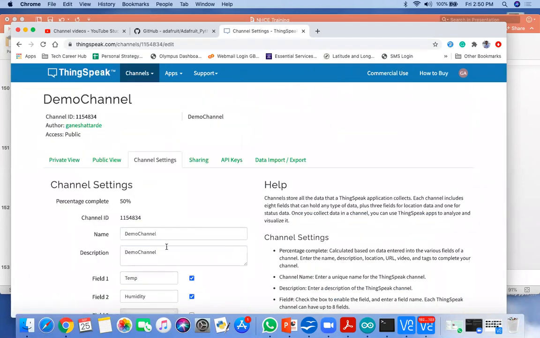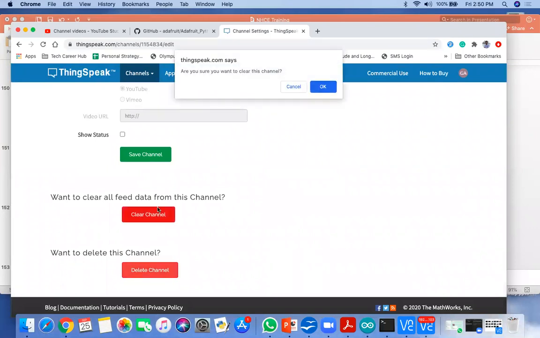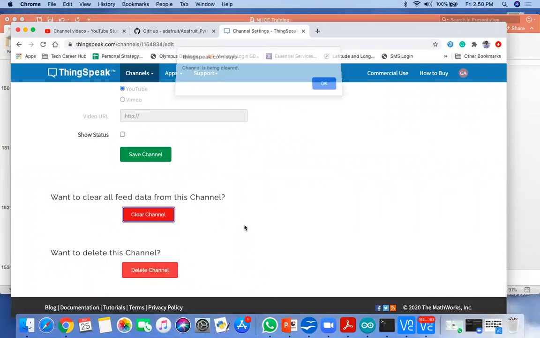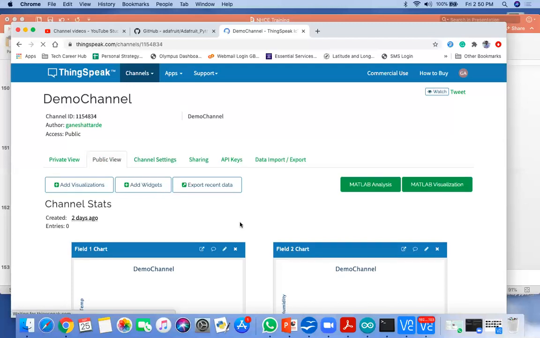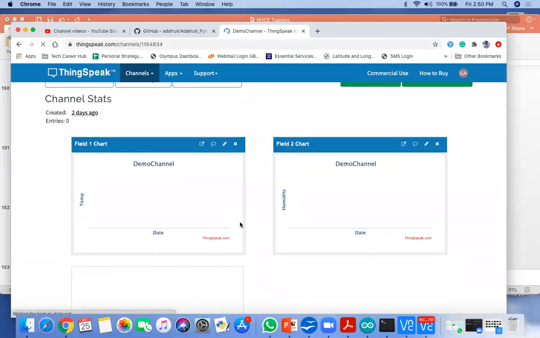So what I'm doing, I am clearing the channel one more time, and let's see whether any new data is coming or not. So using this code, the new data has come, 27 and 76.